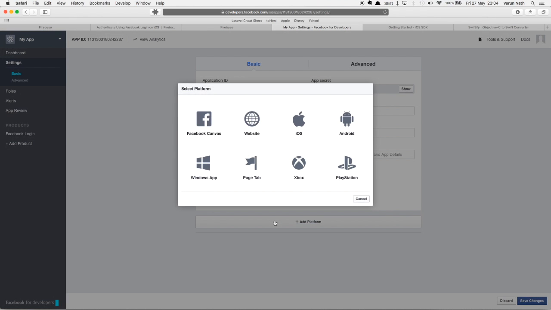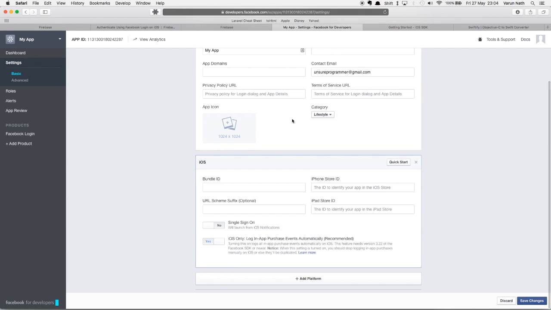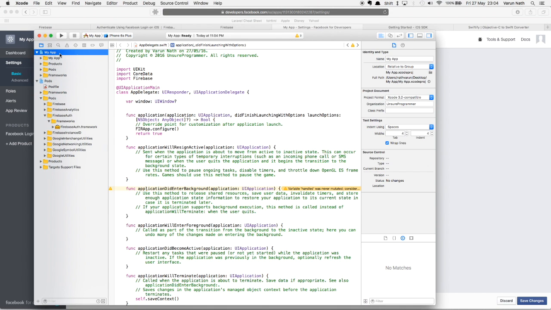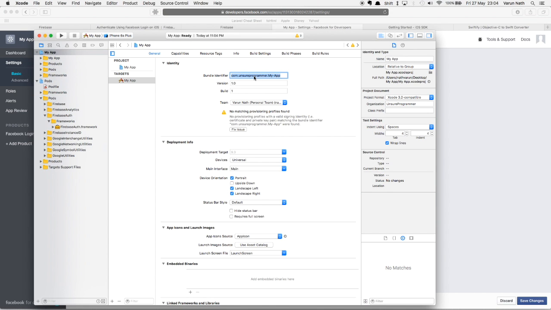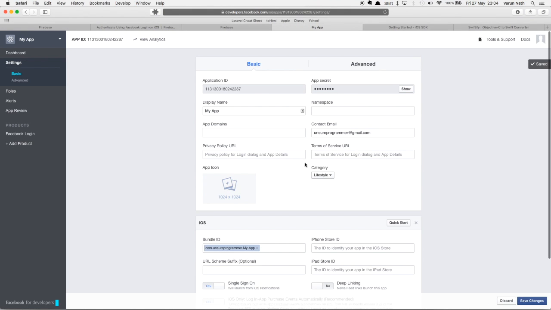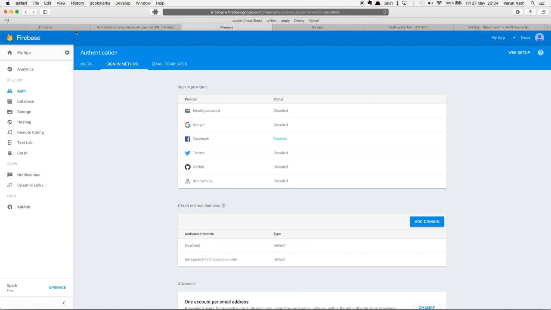We already have an iOS application, and we don't. So we select add platform, we select iOS, and we put in our bundle ID here, which again is what we put here. Paste that in here, and single sign-on should be yes. That is done. We save the changes, and coming back to the documentation,